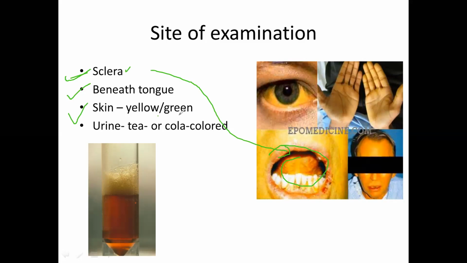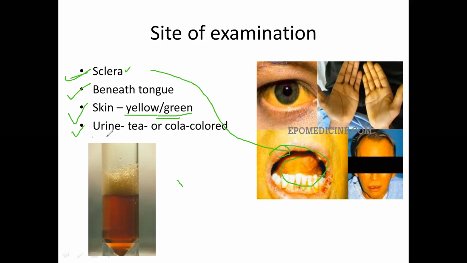Here the option is green. Greenish discoloration of the skin is noted whenever there is excessive production of biliverdin, which is also a precursor of bilirubin. So if biliverdin is more, the skin will become green, and if bilirubin is more, the skin will become yellow. After the skin,